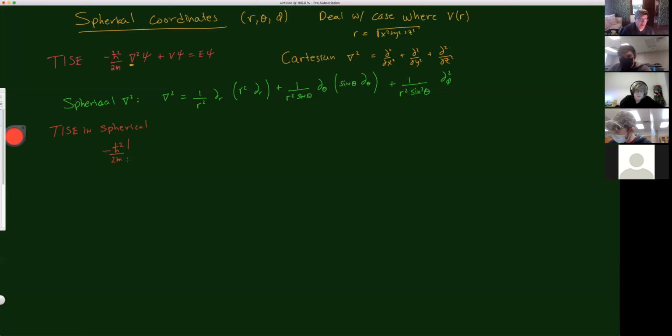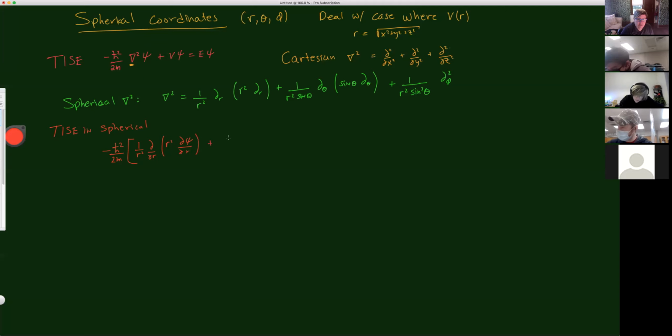And then I have a big bracket here. And then I have 1 over r squared and partial r, and then r squared. And actually, I'm not going to use my shorthand for this one. I think it's better just to write it out, because it's going to be messy enough. That shorthand is not as messy, but it's not as clear either. So partial psi, partial r,